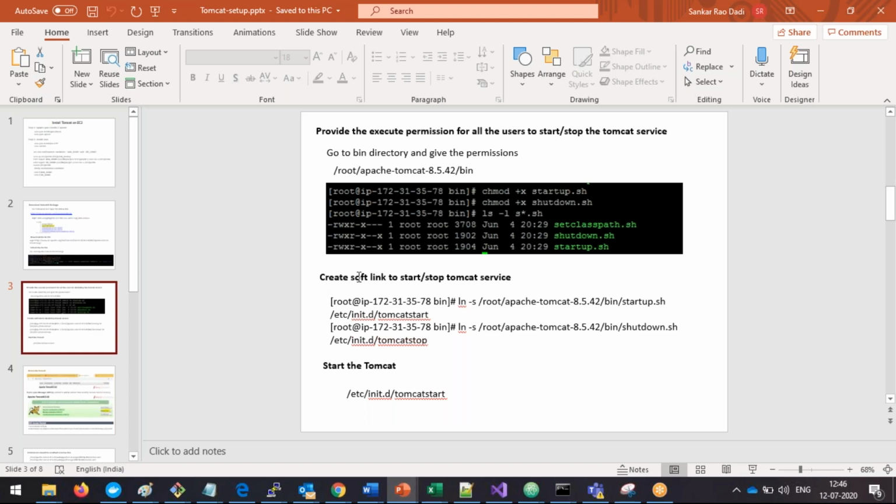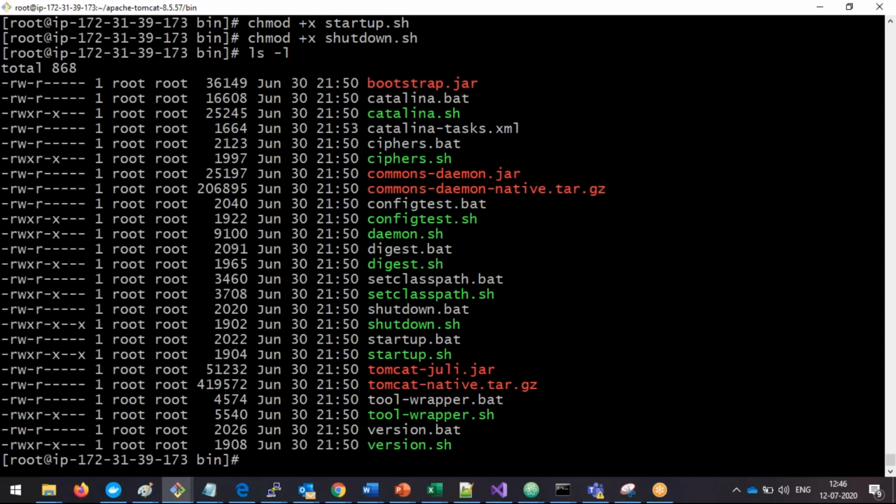Right, then create a soft link. So instead of referring to the full path, if I want to stop the service, I need to point to this path, root, wherever the Apache is downloaded, then bin, startup.sh, like how I have shown you in the Nexus. Right, so instead of doing all that, create a soft link, a shortcut, with some name. Right, so ln -s is the command to create a soft link. So now I will take this command, copy, then here